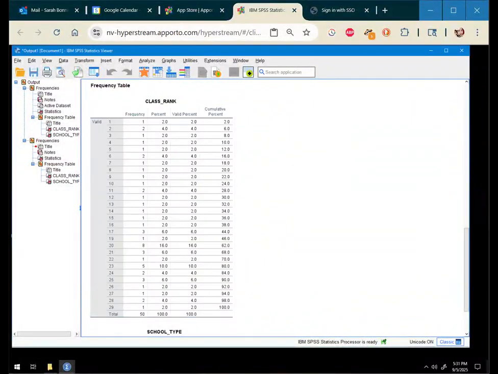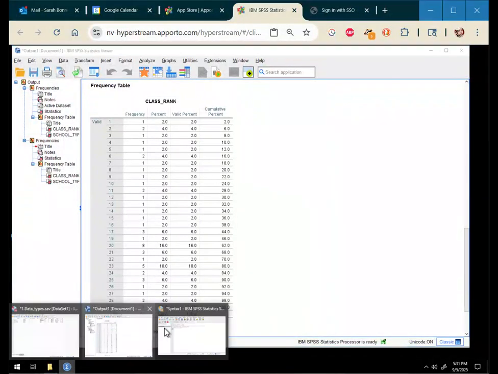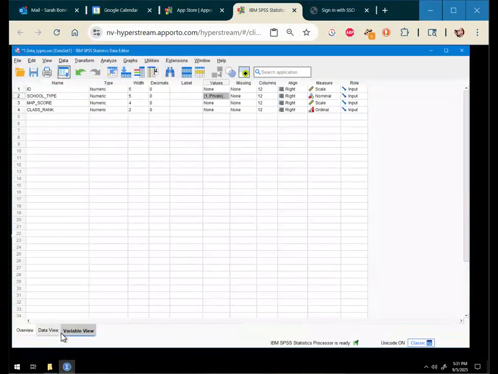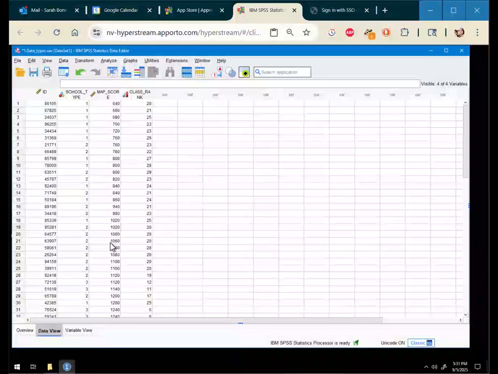Okay, so now we are going to get a frequency histogram of the MAP score. And we're getting a histogram this time. And why are we getting a histogram, not a frequency table? Well, let me go back to my raw data. There, data view. So you've got these MAP scores, and it's a pseudo continuous variable. You don't actually have anything